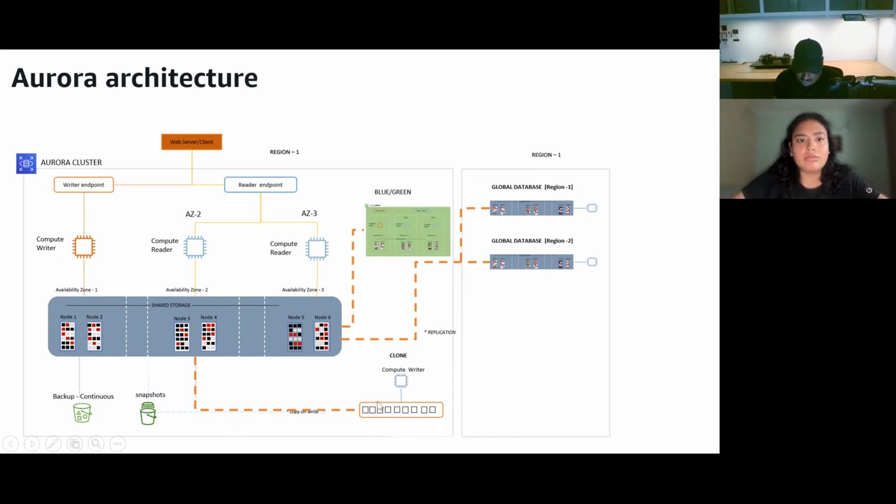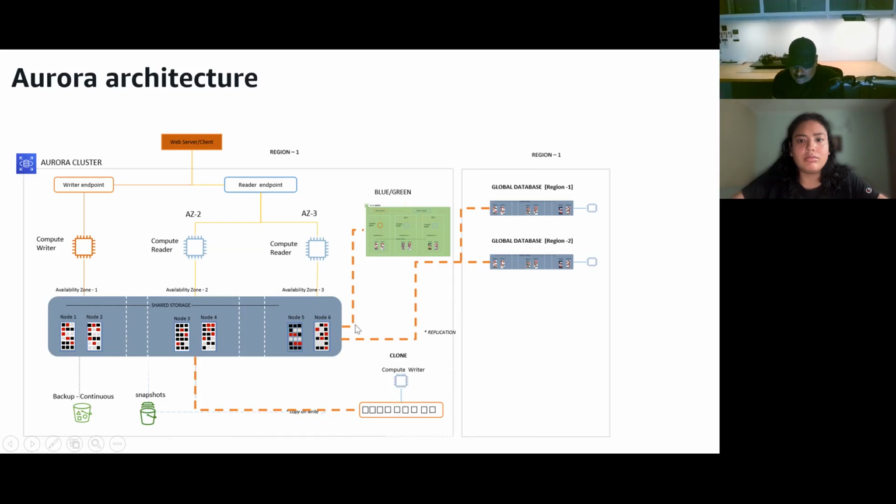And the clones. Just like snapshots in SQL Server, Aurora Postgres also offers a feature called a clone. Even if the database size is, let's say, 80 terabytes, you can take a copy of this database by creating a clone, and it creates the copy in just a few minutes, because the clone uses virtual storage.